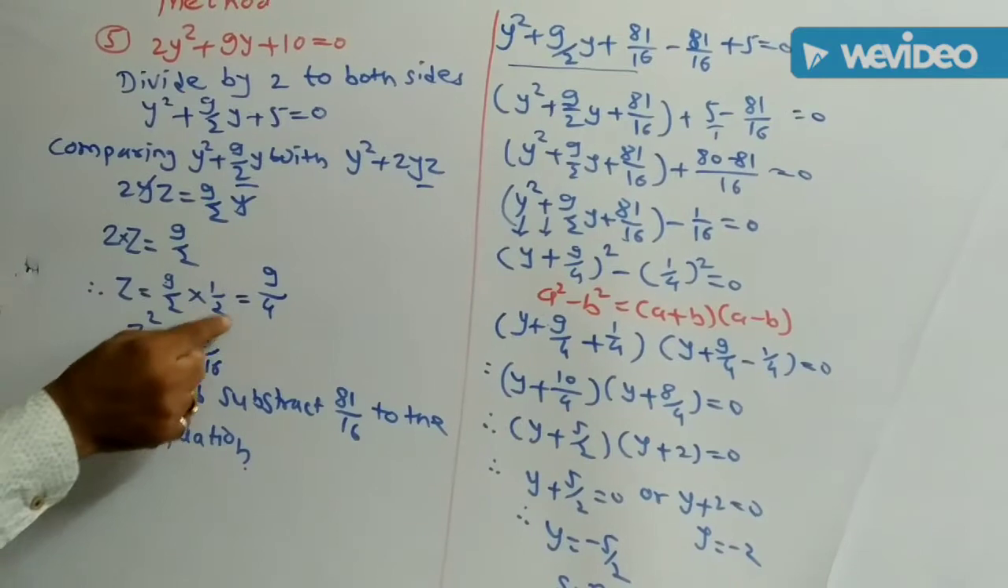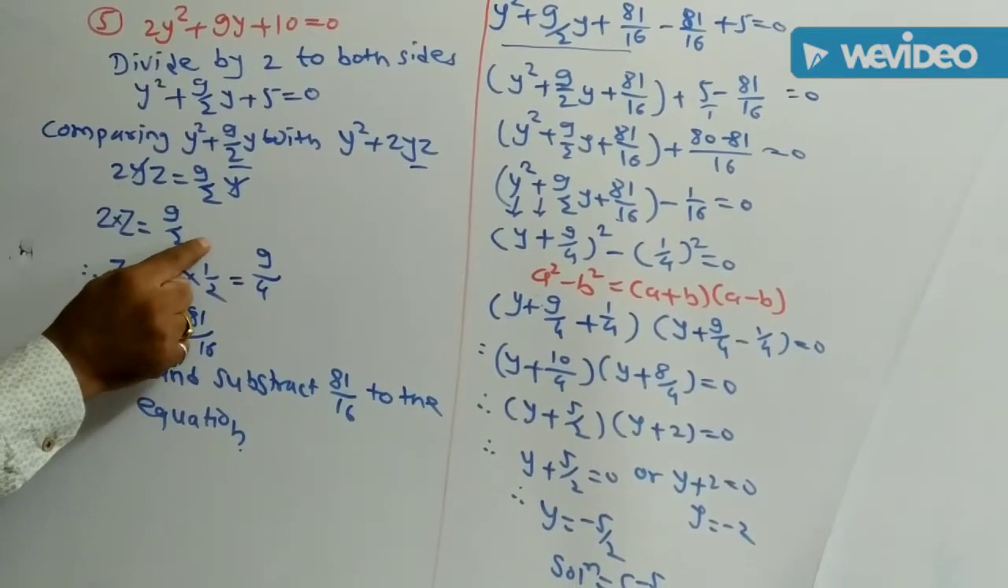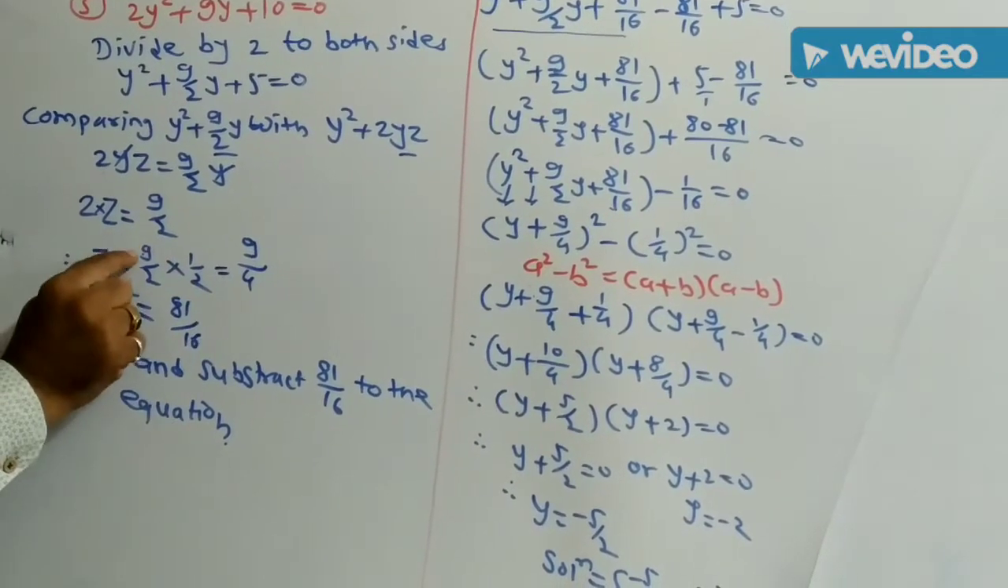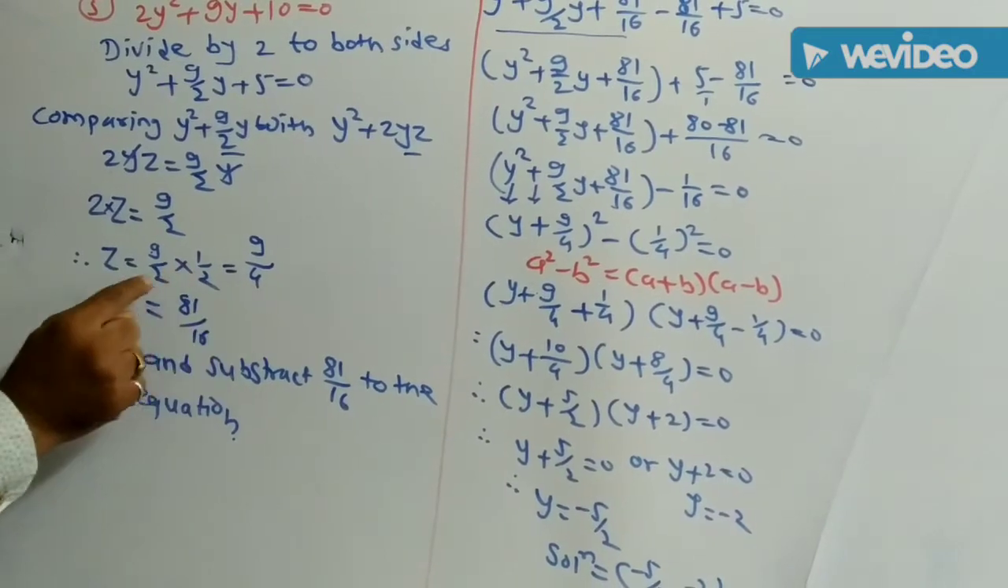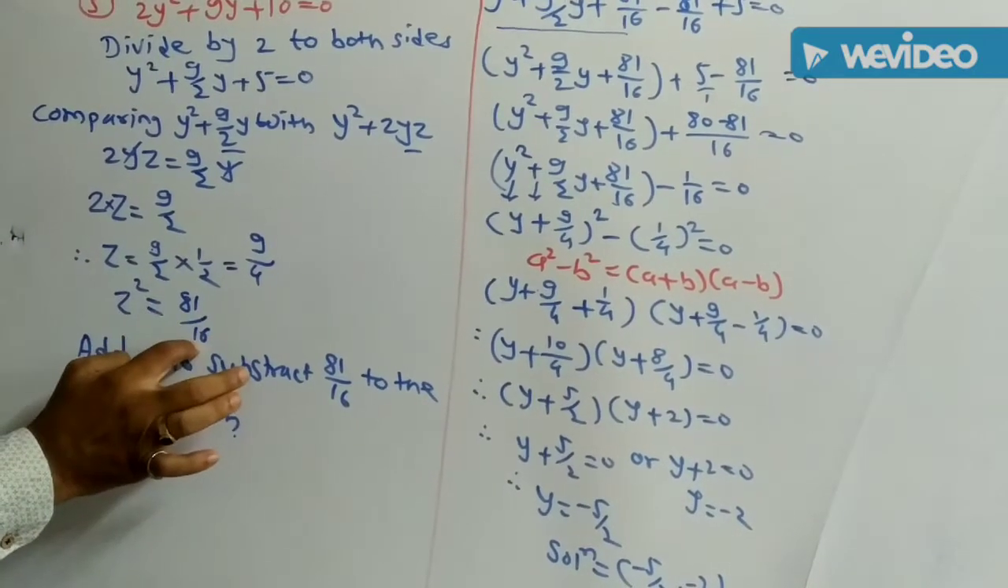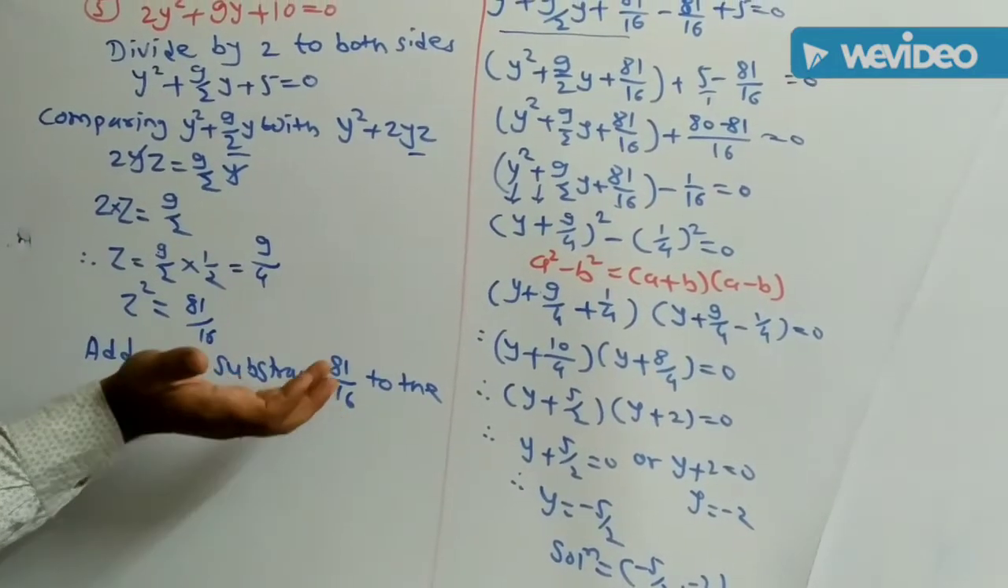Instead of division, take multiplication and the reciprocal. The reciprocal of 2 is 1 half. 9 ones are 9 upon 2, 2 twos are 4. The square of this is 81 upon 16. Now add and subtract this